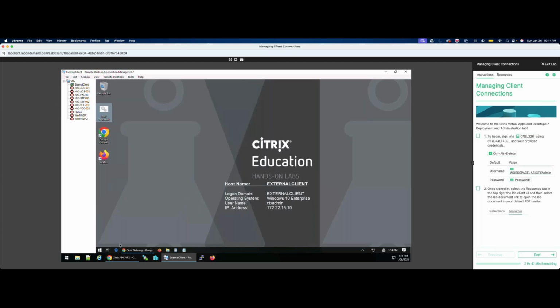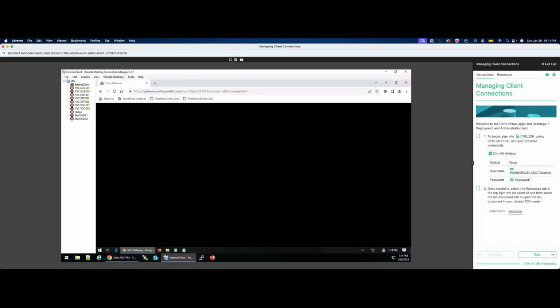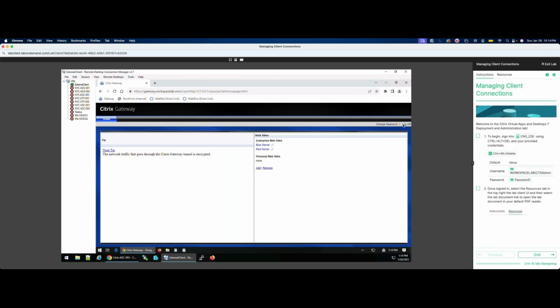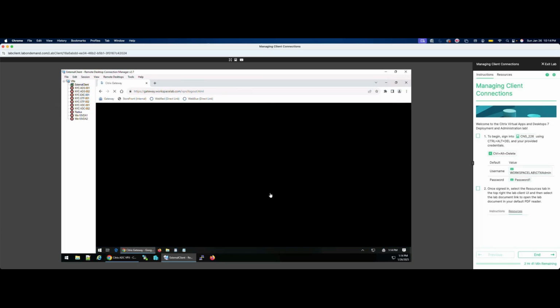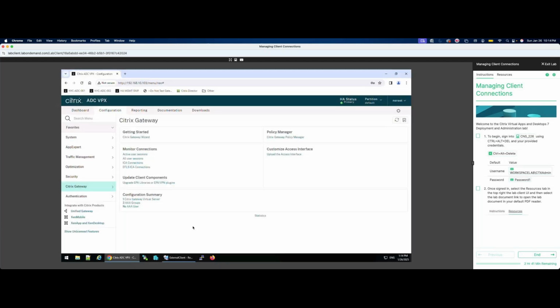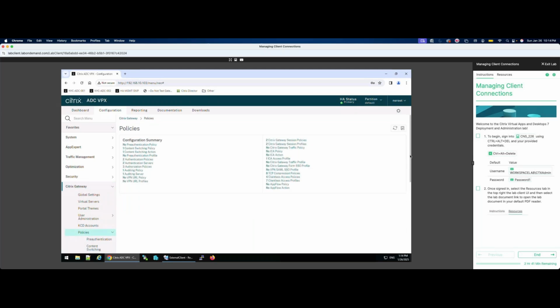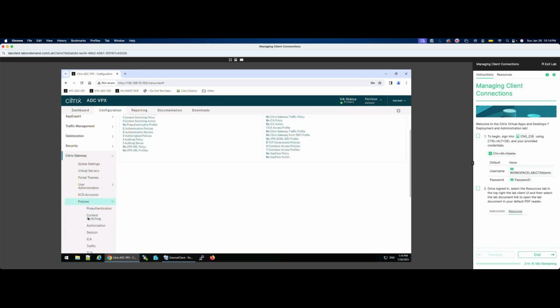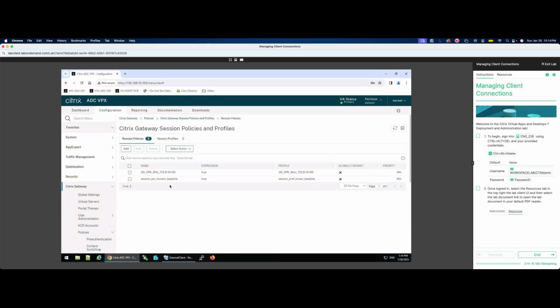All right. And now I can give you an option without the client. So I'll just log off without that client options, client choice. You got the network access and clientless access, right? I will remove that option for you. I will not give you the choice. So I'll just go to the gateway policies and I'll go to the session and go to the profile, edit the HR profile,